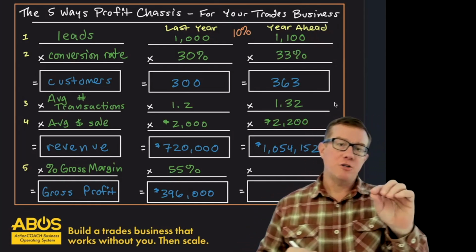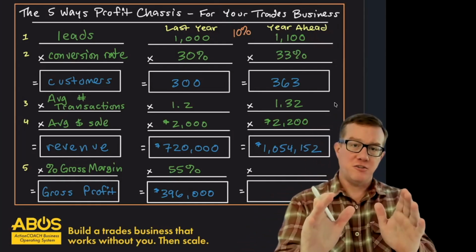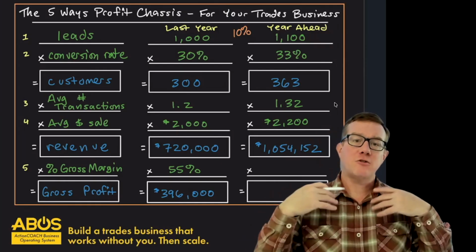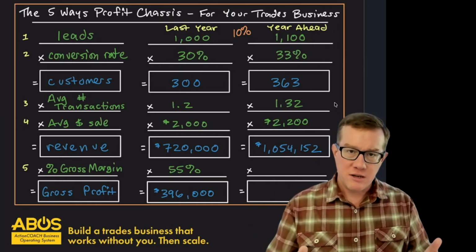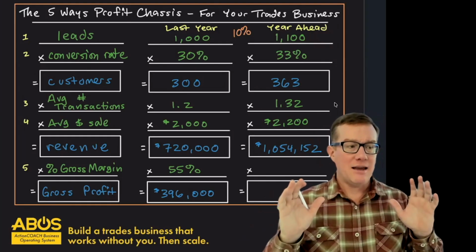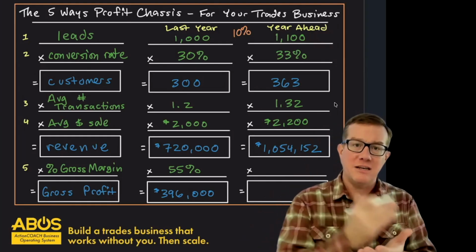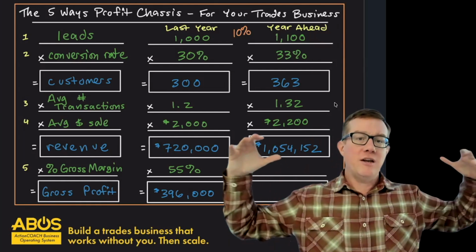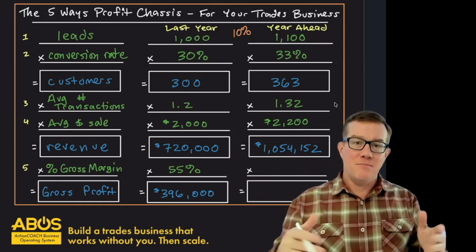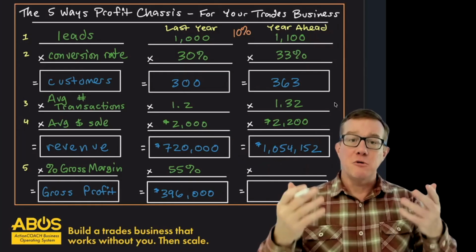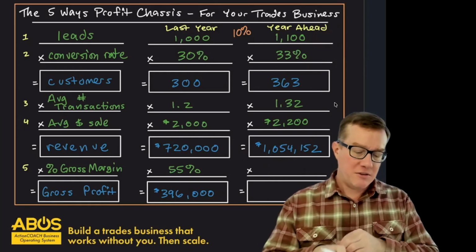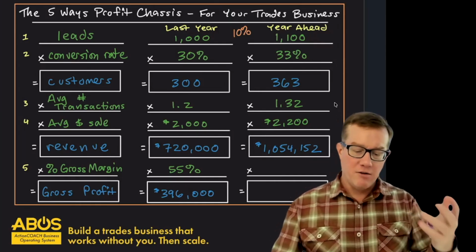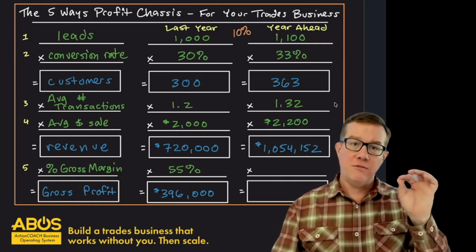Now, gross margin represents the efficiency by which you operate your business. So as your crews become more proficient and as you've got team members that are focused on getting the job done safely, getting the job done efficiently, if we can accomplish more work in less time, then the business makes more profit, right? So we're going to say there's a 10% increase in gross margin by way of improving the efficiency in the business. So 55%,